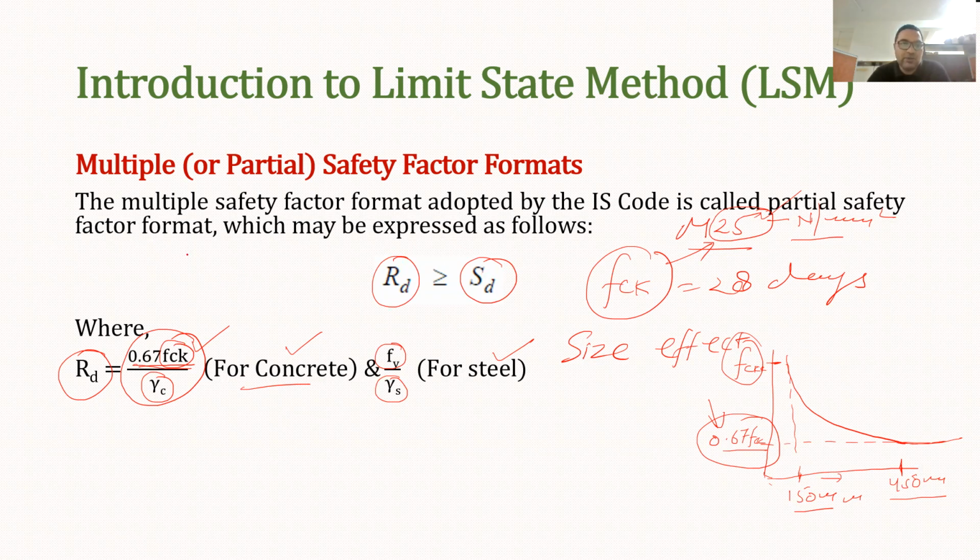For example, if the load on a building is coming with a magnitude of P, the probability that this load will not exceed its magnitude is only 95%. The 5% probability is that it may exceed. So for that uncertainty, we actually exaggerate this value. We take care of that exceeded value by multiplying this load by a factor which we call the partial safety factor.